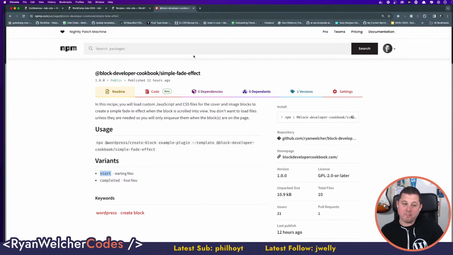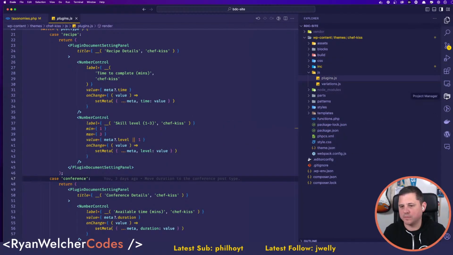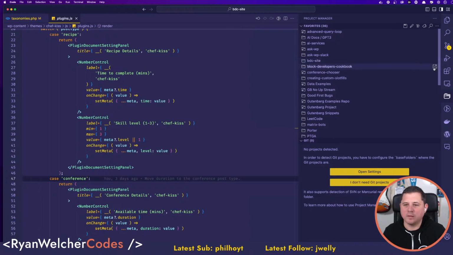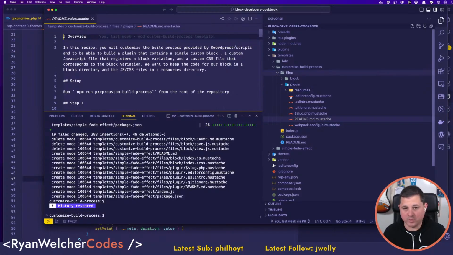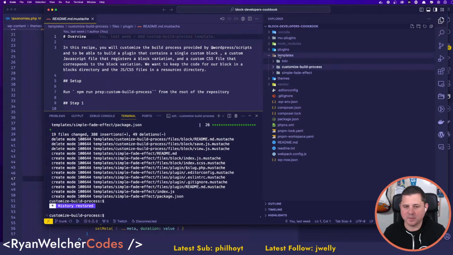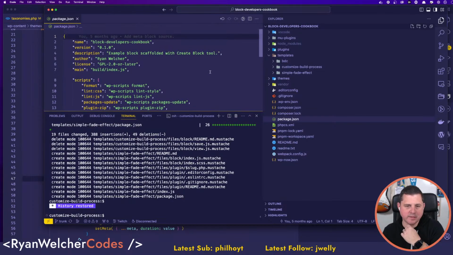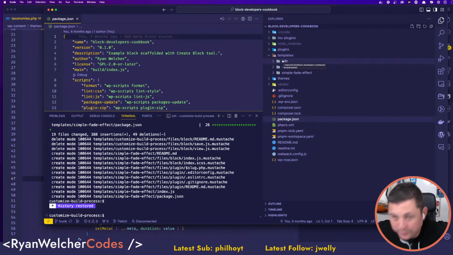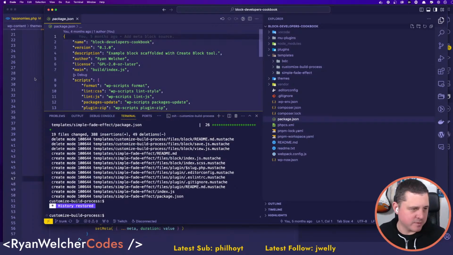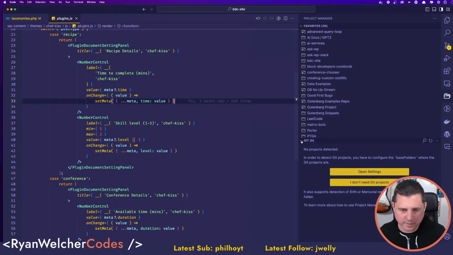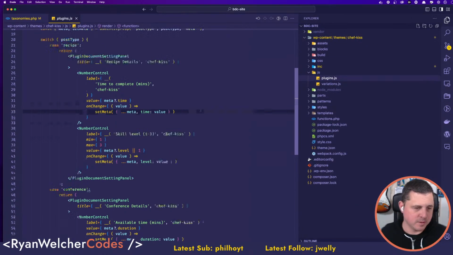workshop. I think what I might do is I'm building all of these in my Block Developer Cookbook repository, which you've seen before because this is what we built. So I've got these templates in here. When I'm in the workshop, I'm going to create scripts in here so it just uses the local templates, because internet's always an issue. This is where I'm building these out, and then they get published, and I have this theme that's going to sit on a specific URL that you can probably guess the name of.